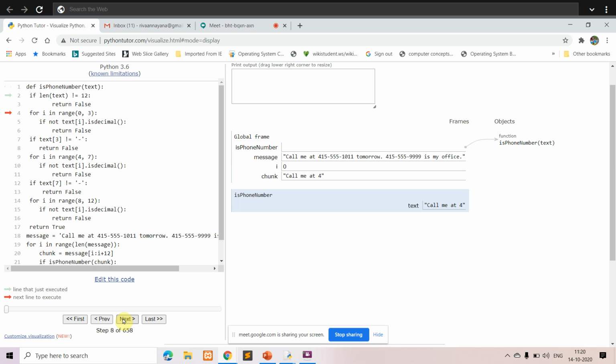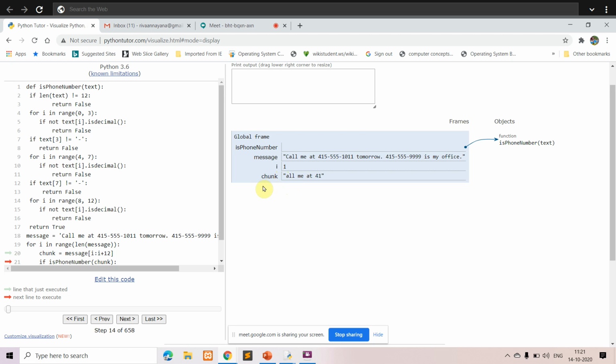So first we checked, that is text, it is not in the range, not equal to 12. Then you're starting from here, it is not a decimal, so it is returning false. Again I value is 1. So see what you took, it is not a decimal value. Okay. And it is not a hyphen also, so you skipped off everything, and again you came back here, your I value is 1. When your I value is 1, what happened?